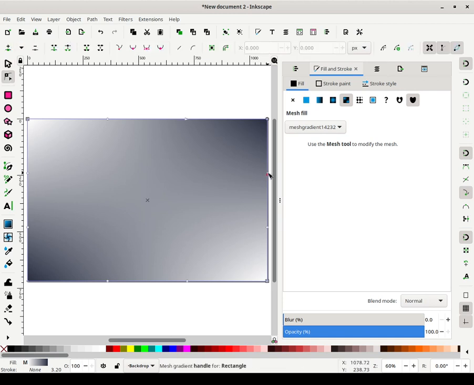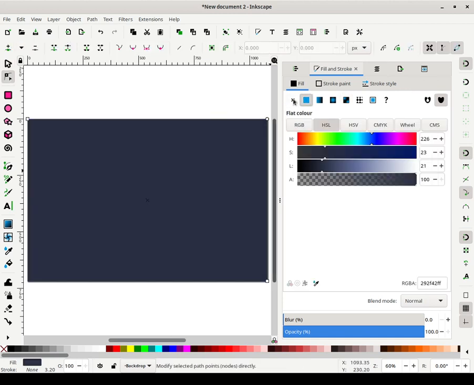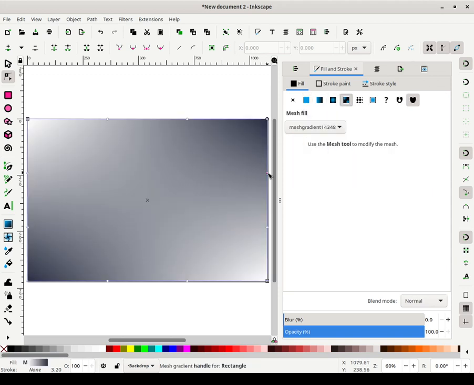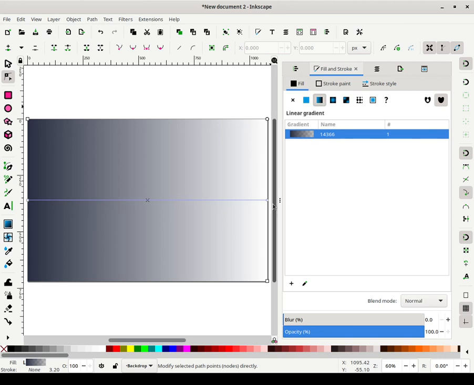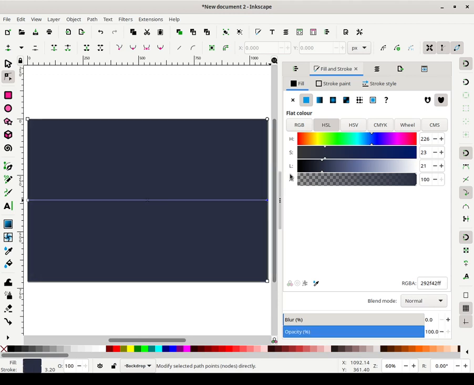So let me go to the node editor. Mesh tool, shouldn't it be this? Or am I forgetting something again? Alright, let me keep this simple because I remember the last time I used the mesh gradient, going in the node editor and changing the colors. I must be forgetting something again, so I'm just going to keep it simple and refresh my memory off stream. So yeah, let me use a simple gradient that you can use in CSS instead of confusing everybody. Let's go with a green and blue gradient today.